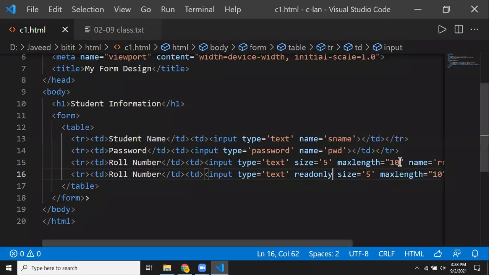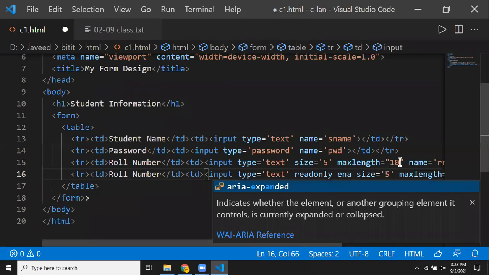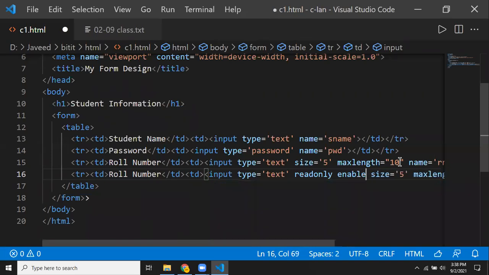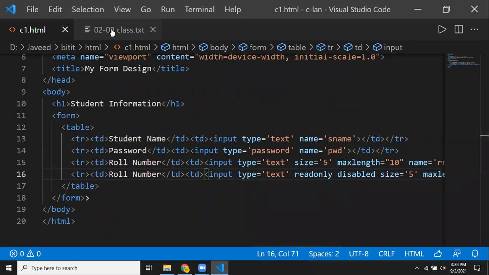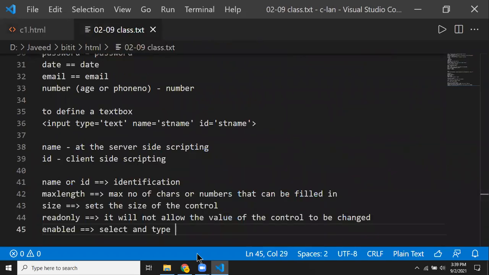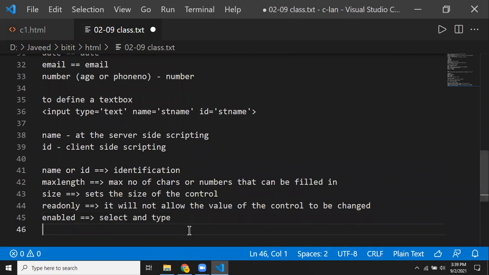Now we have an attribute called enabled. I say it is disabled. So what does disabled mean? When I make it disabled, let's see. Here I'm able to select it, but here I'm not able to select this control. So this is not going to allow you to select it. When I have the property as enabled, it will help me to type and select something. Whereas when you say disabled,